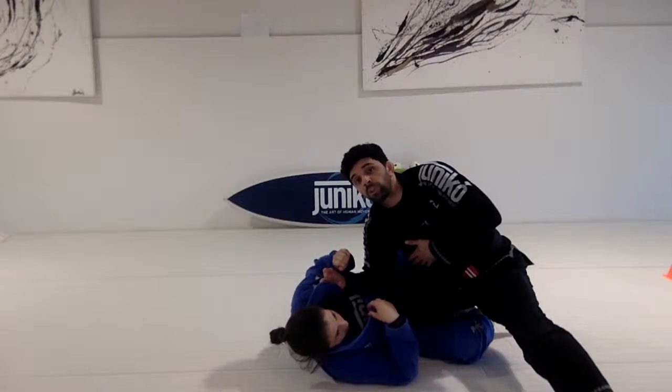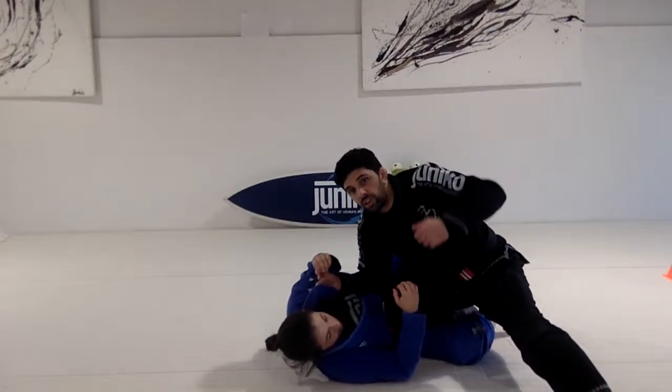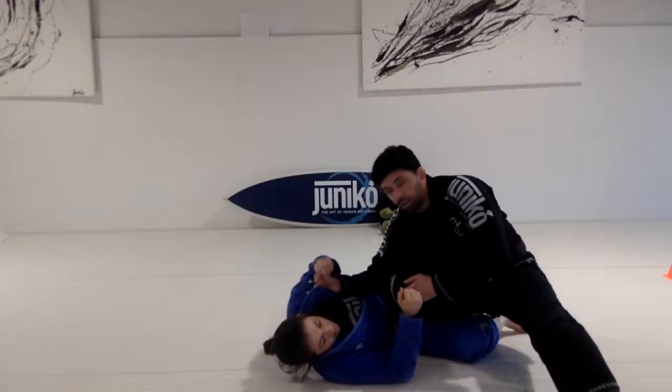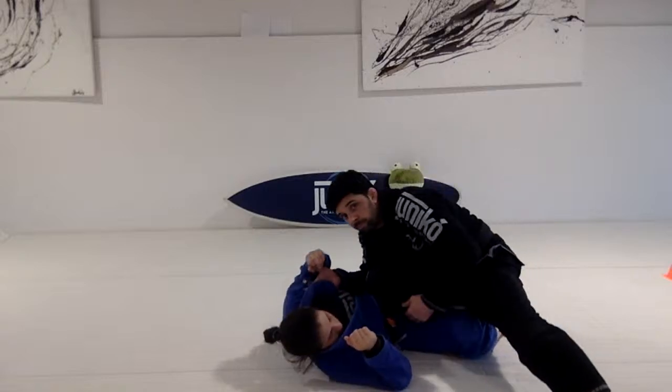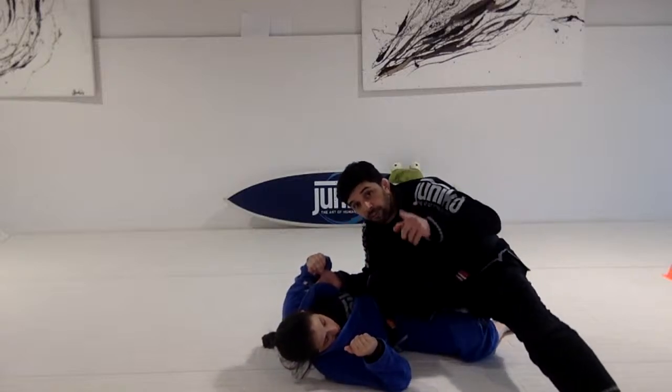Now, there is no space for the person to bring the other knee across in your chest. So there is no space for the knee shield. Try to connect your knee to your own elbow. And then I was closing the space again. And for you,